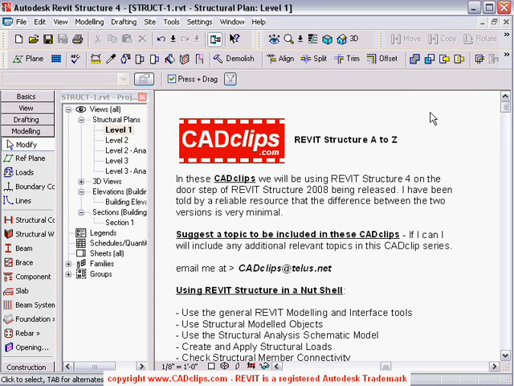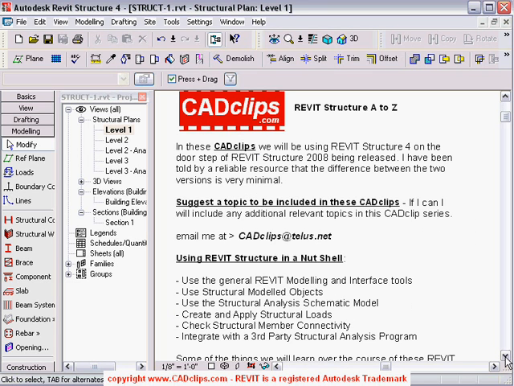So first thing I want to mention is that this series is designed for the new REVIT user, new to REVIT or REVIT Structure. Either way, we're going to treat this like you've never used REVIT as a product right from the beginning. So the next note I want to make in here is these CADclips will be using REVIT Structure 4,